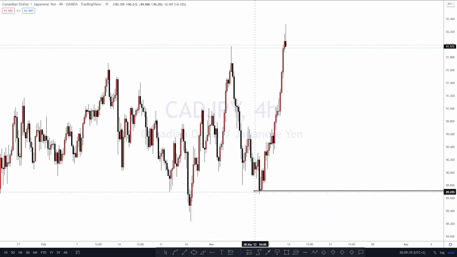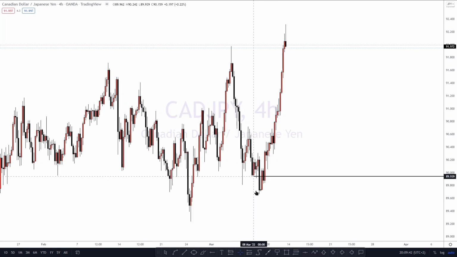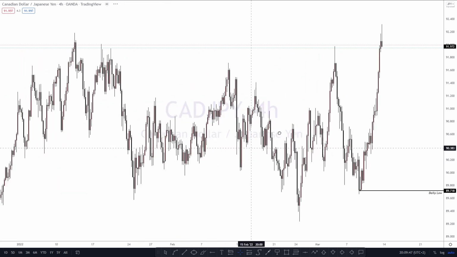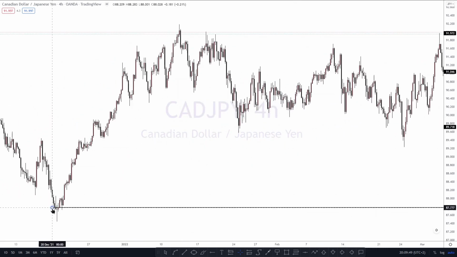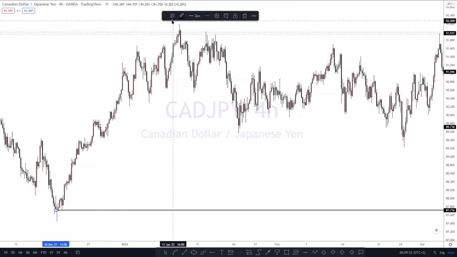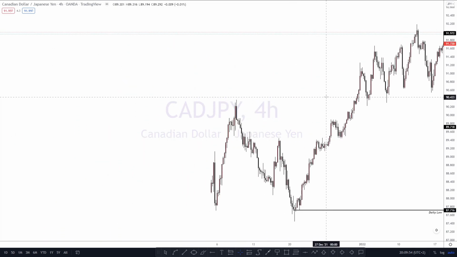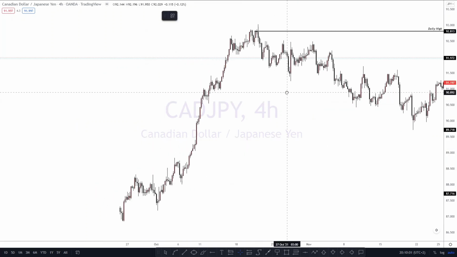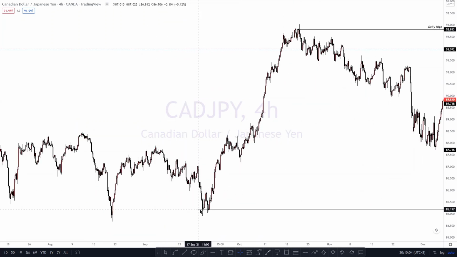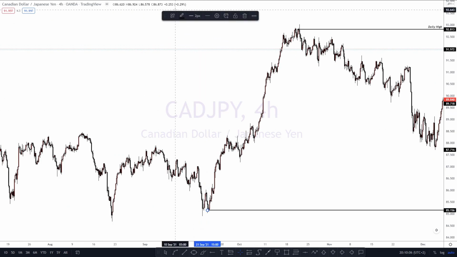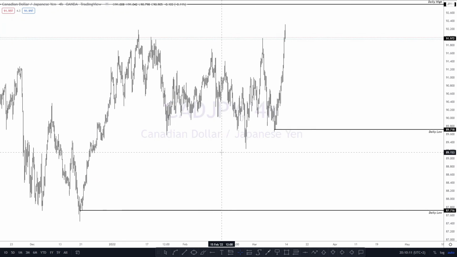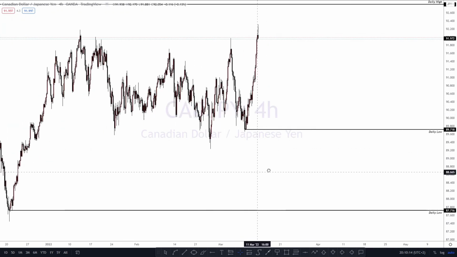I think this one is okay. Daily low. I think then this one, we'll put it here, another daily low, and then we'll just fix this one, daily high, and then go down to this one and get our daily low too. Right, I think that's the end of our lows, if I'm not wrong. We only had this.